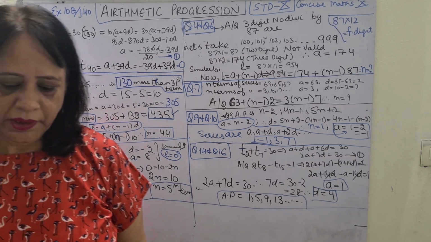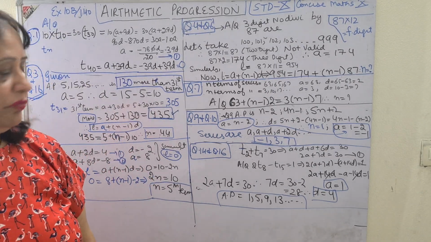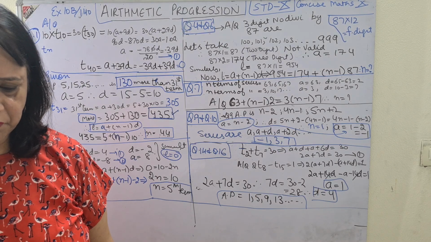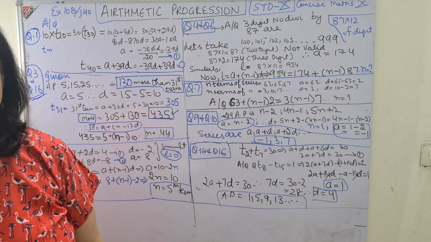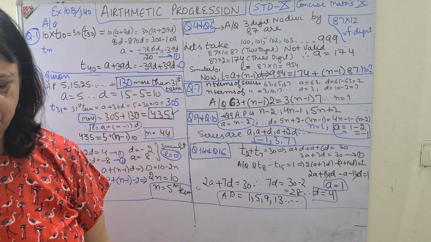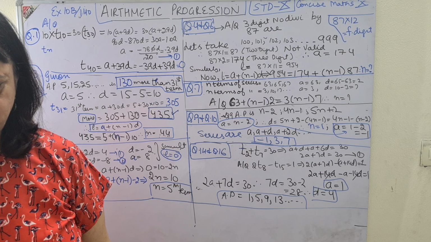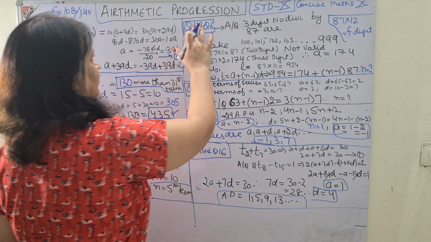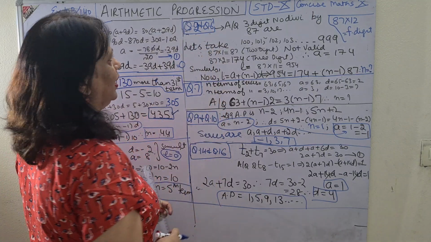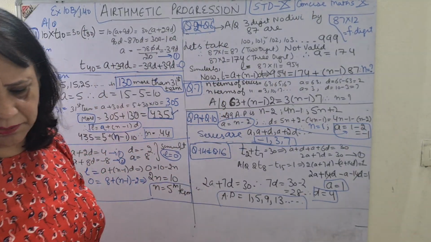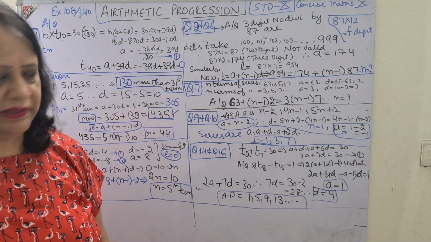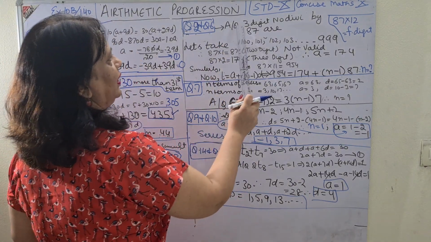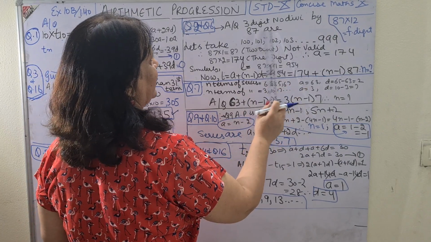Then see question number 4 and question number 6. Question number 2 and question number 6 are the same. How many 2-digit numbers are divisible by 3, or how many 3-digit numbers are divisible by 87? Same method. So question number 2 and question number 6 are the same, I'll do one of them. Let it be question number 6. How many 3-digit numbers? So 3-digit number is my condition. According to the question, I have taken 3-digit numbers divisible by 87.